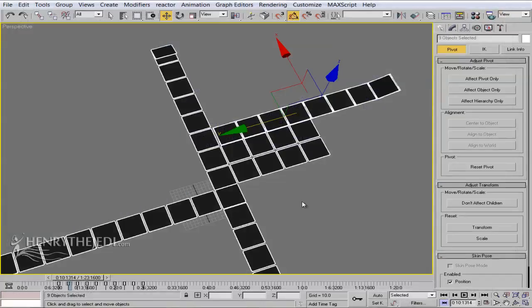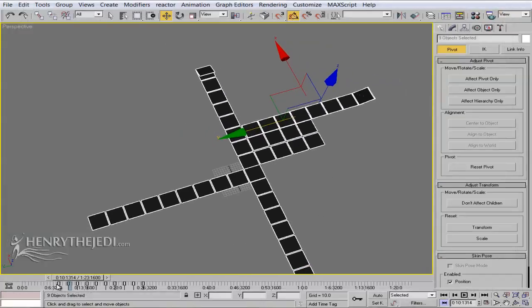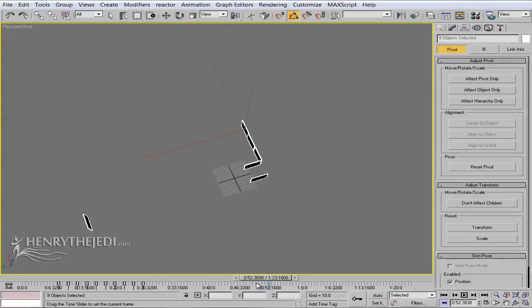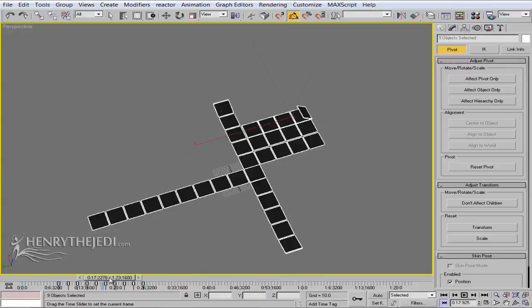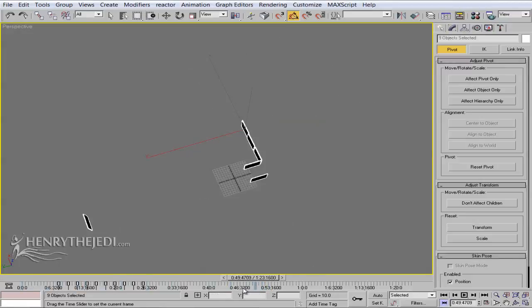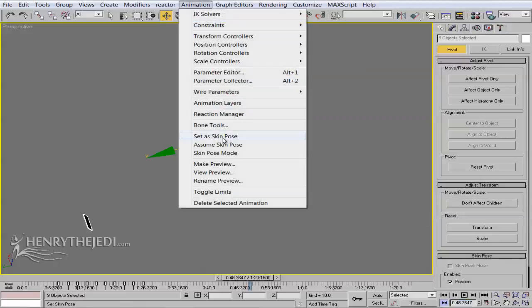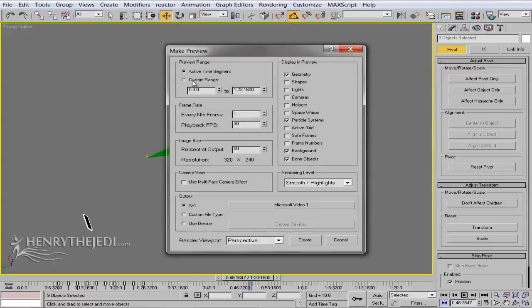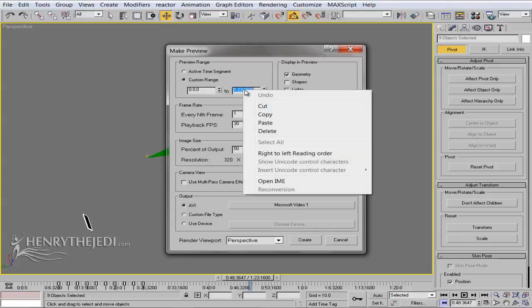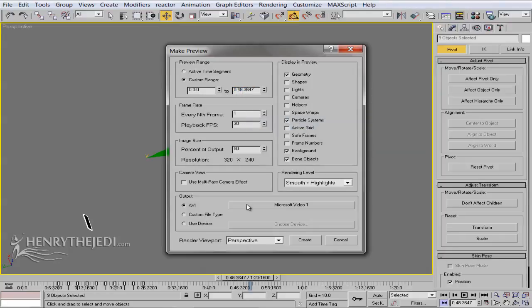By the way, 3D Max has a nice way of enabling us to preview everything we are doing at a better speed. So, let's do the following. You can see it has to end at frame 48. So, double click on the time configuration there, and then we're going to right click and copy the time. Go to Animation, Make Preview. We're going to tell 3D Max to create a preview from 0 seconds, and then we right click and paste the time there, and then just increase the size of the output so that it's nice to see,